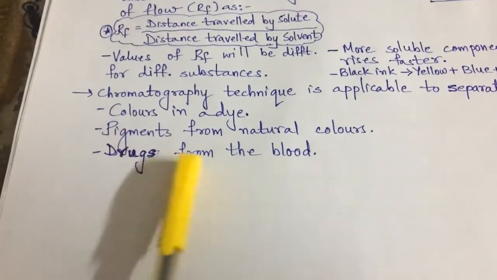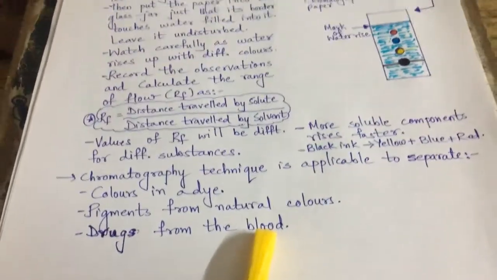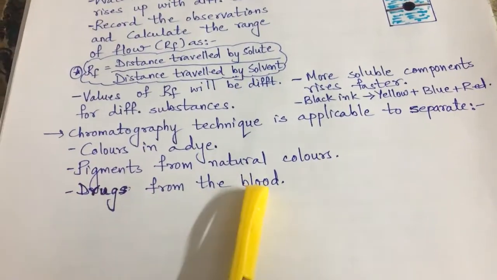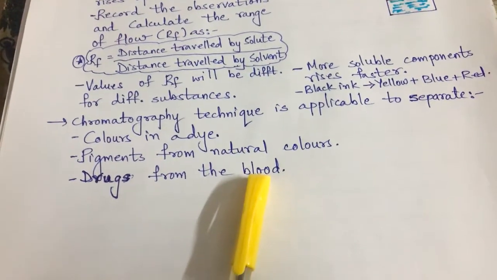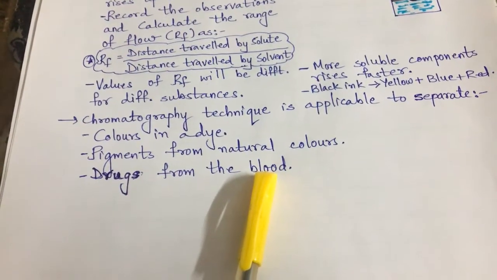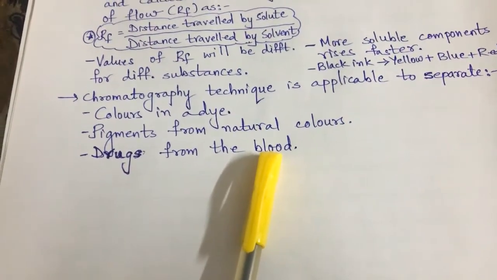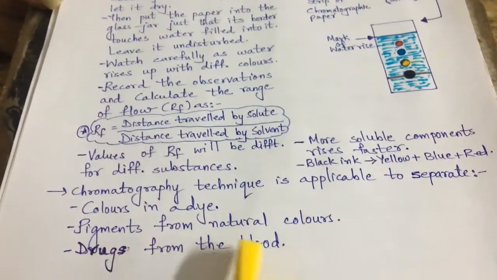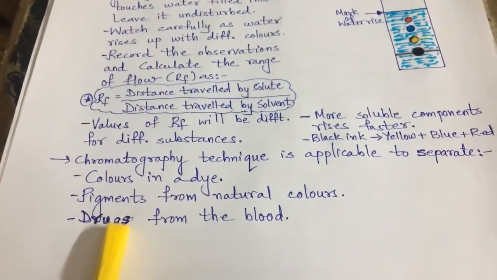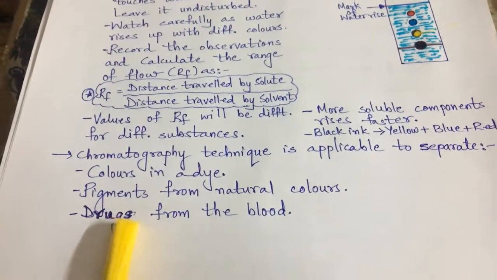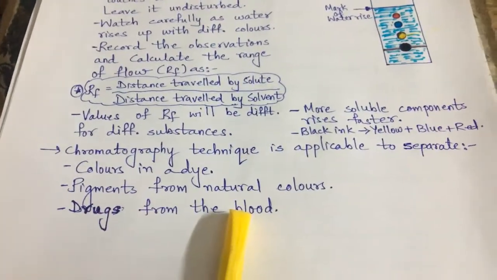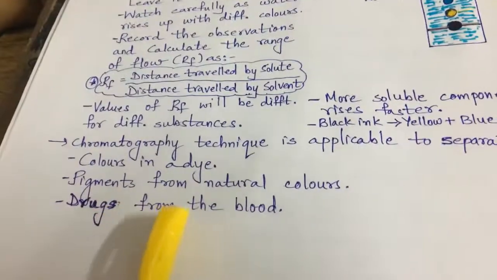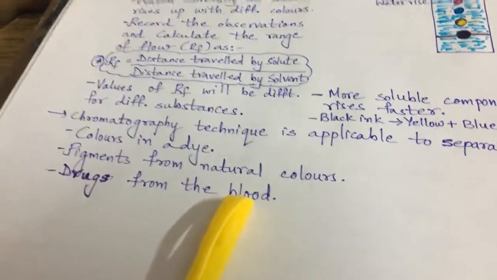And also drugs from the blood. When the blood is being tested, we can find what type of drugs are present in the blood. If a person is addicted to alcohol or some type of opium, heroin, and their blood is tested, we can come to know what amount of the drugs is present in the blood. Not only that, sometimes people take an extra amount of medicines, an overdose, and in what amount the drugs from those medicines are present is also tested in the blood by the chromatography method.